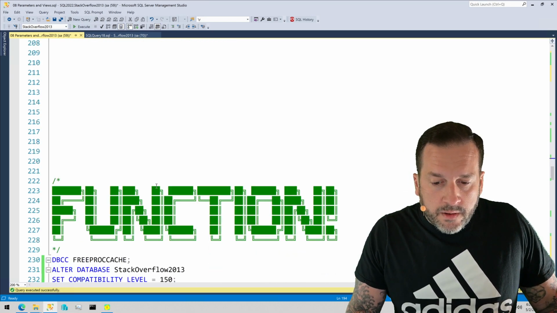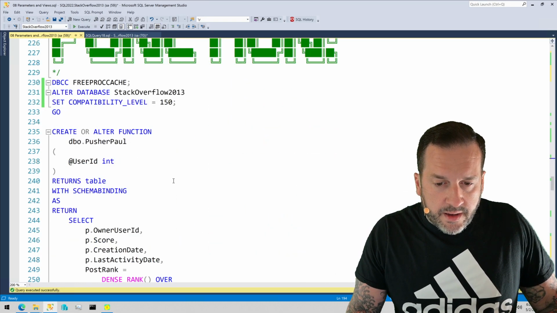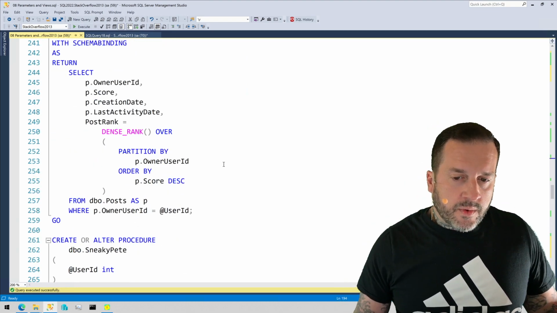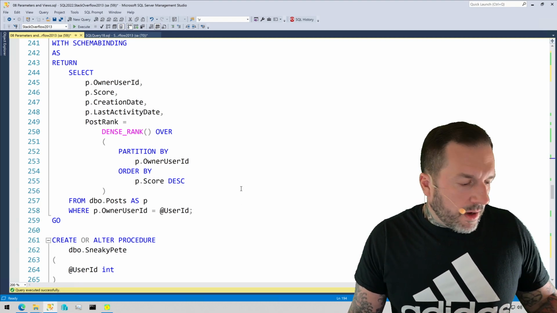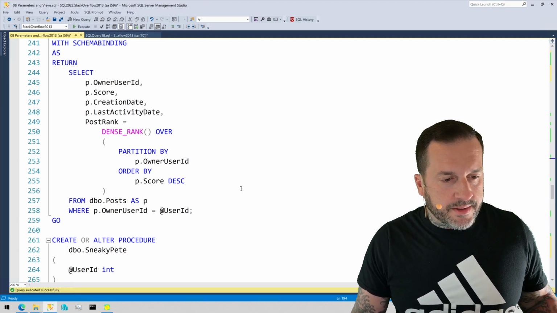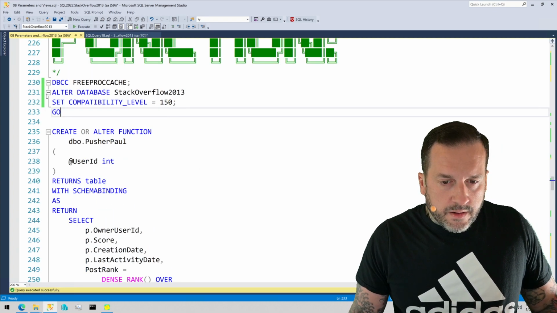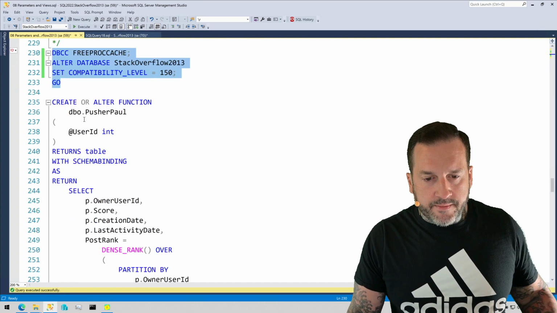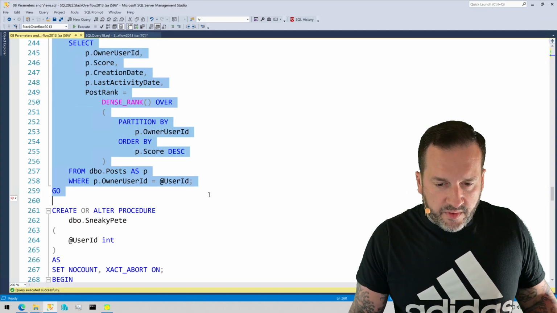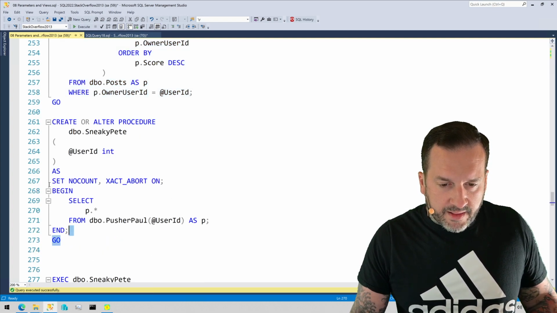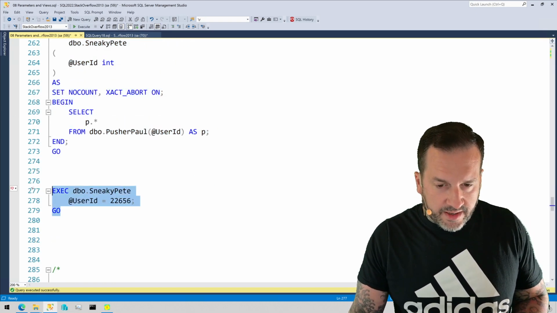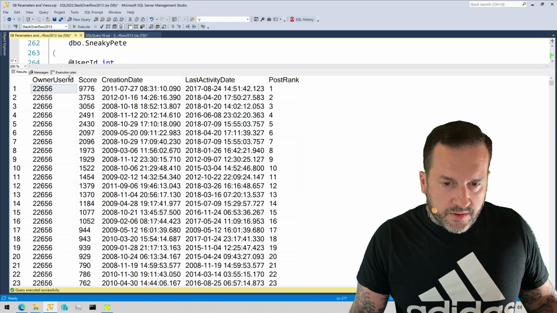Another way of getting around this limitation is to create an inline table valued function in place of a view, because inline table valued functions can accept parameters. Inline table valued functions also prevent simple parameterization. And even under compat level 150, this works out pretty well. All right, there's our inline table valued function, and even if we stick that inline table valued function inside of a stored procedure, even in compat level 150, we will get the execution plan that we're after,